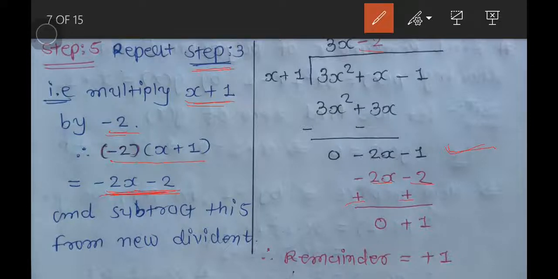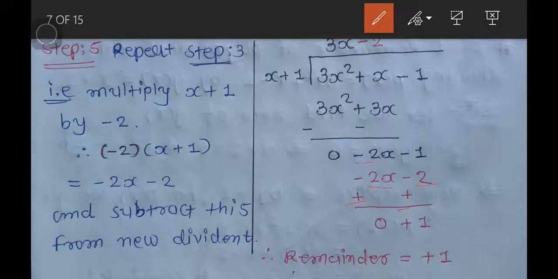So now, why are we changing the sign of 2x and 2 here? Because you can see that the first term here is minus 2x, and the first term there is also minus 2x, so we can't subtract this term unless we change the sign. So now 2x has a plus sign, and 2 has a plus sign.